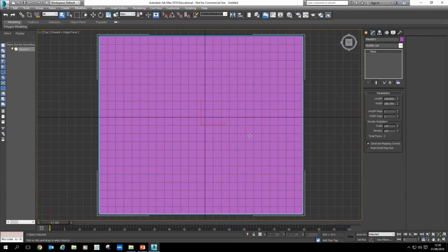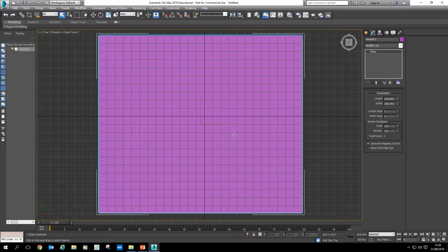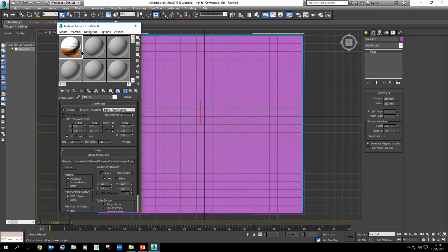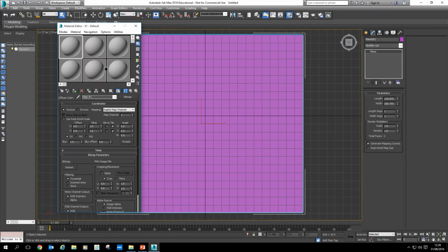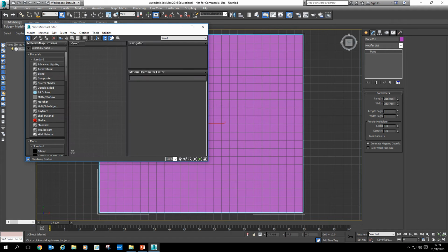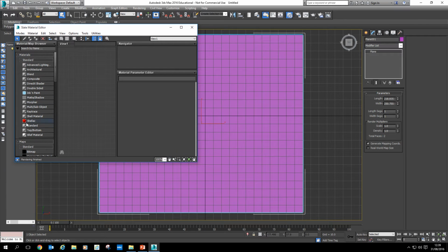We're going to do a video on materials later, but a quick little shortcut: press M on your keyboard. That's the material editor. Let's just delete that one a sec so I'll remake it. I'm going to go to this mode, the slate editor. And what I'm going to do, as a word here, it says standard material. Drag that onto here, and then it says diffuse. I know this is a little bit complicated, we'll go through this in a minute, but drag out from here